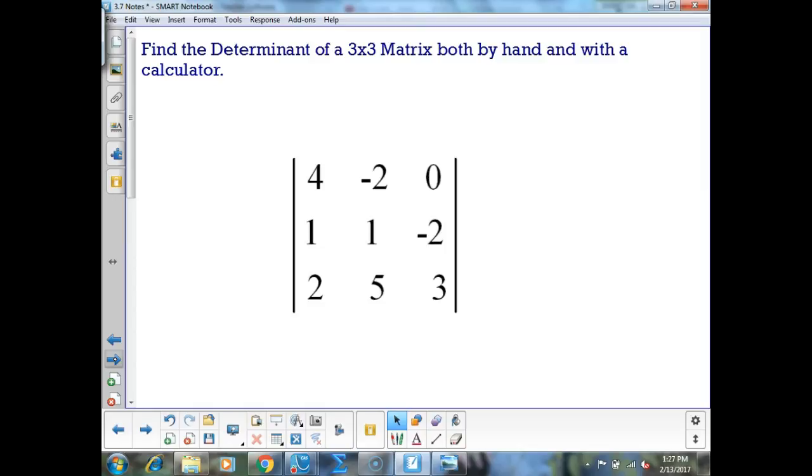Now, 3x3 matrices. Here we're getting a little more complicated, but we can still find them by hand. So, if I am finding a 3x3 determinant by hand,